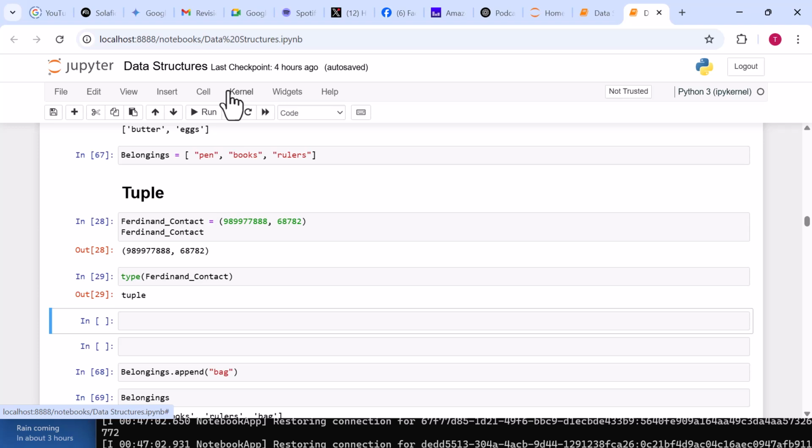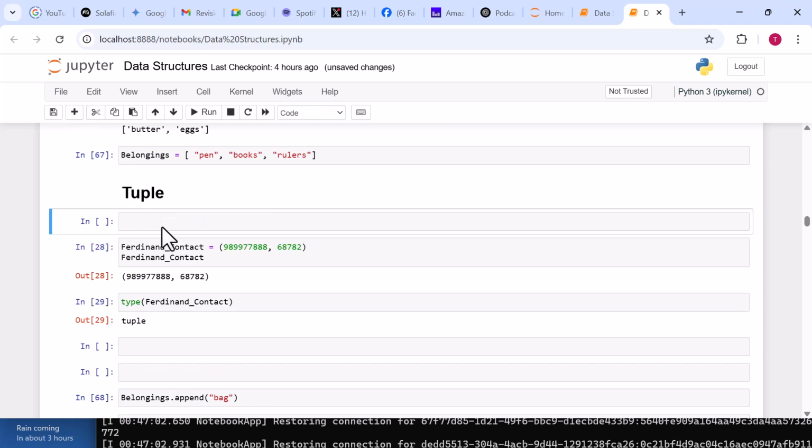Welcome again to this lecture. We just completed one of the data structures, which is a list, and we are looking at the next one now, which is a tuple. And so if I want to put a definition of a tuple for you, I will say that